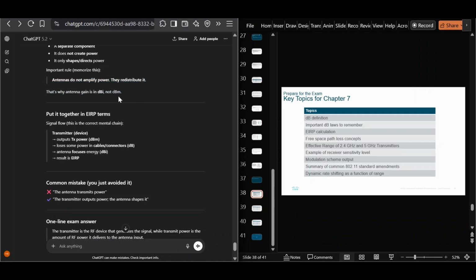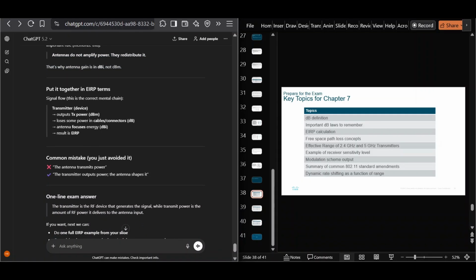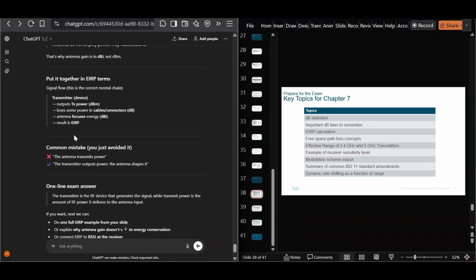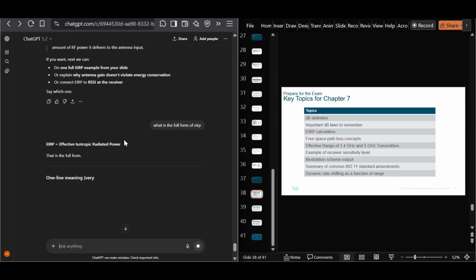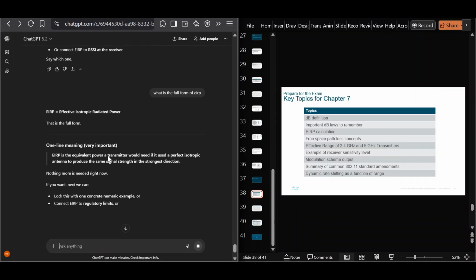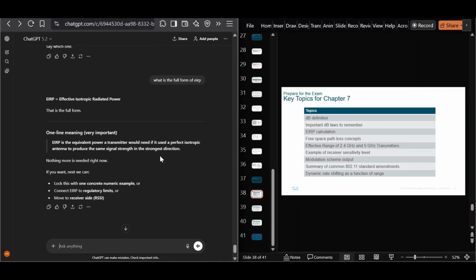The antenna gain is in dBi, not dBm. Put it together: the transmitter loses some power in the cables connected to the antenna, and the antenna focuses it, gain in dBi. EIRP is effective isotropic radiated power. Isotropic is the power you would need if the